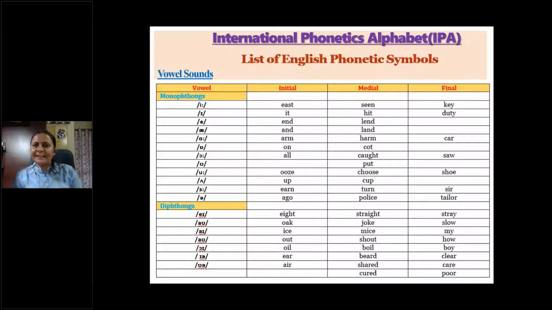Just quickly completing this, this E sound also exists in English at the start, in the middle, and even at the end. Duty. It's not duty, the correct pronunciation is duty. Then the A sound again exists at the start and in the middle, and you see a